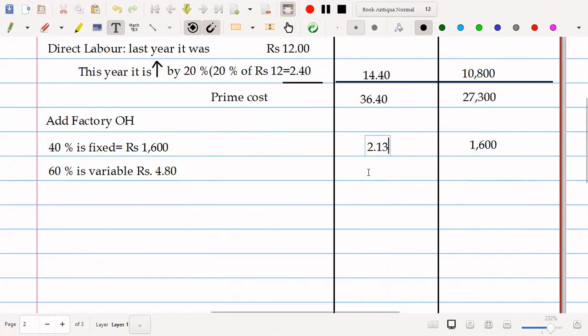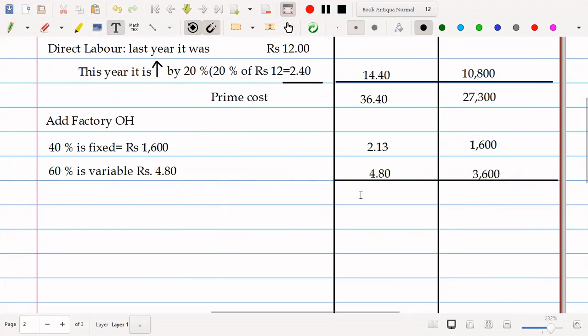And now the per unit, you take it directly here, 4.80, multiply with 750, it comes to 3,600. So this adjustment was made last year itself. So it has become easy to take here directly. So fixed amount, we have taken it here, and per unit, we have taken it here, we have divided here, we have multiplied here. So this is one of the methods where you find it easy to do an estimated cost sheet.